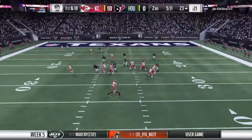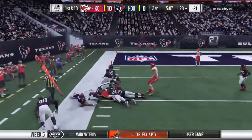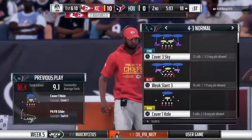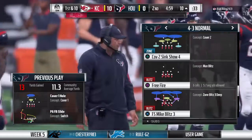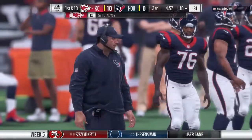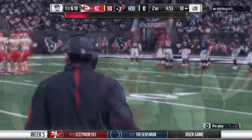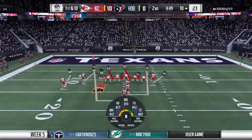So after the INT, here's Mahomes. And he's going to drop this off to his fullback. And he takes it down to the 10-yard line. A solid pickup of 13 sets him up 1st and goal. And the big guy catches the ball out of the backfield, and oftentimes that's quite a surprise to the guys